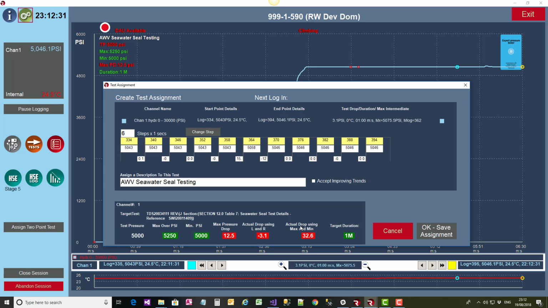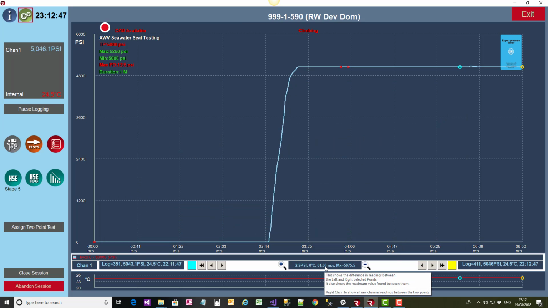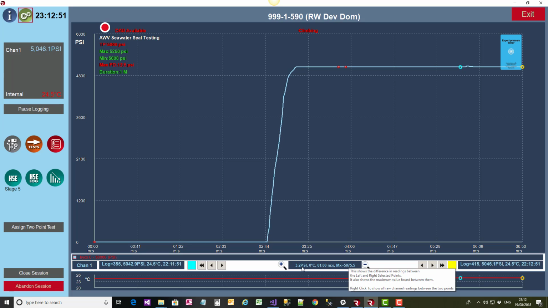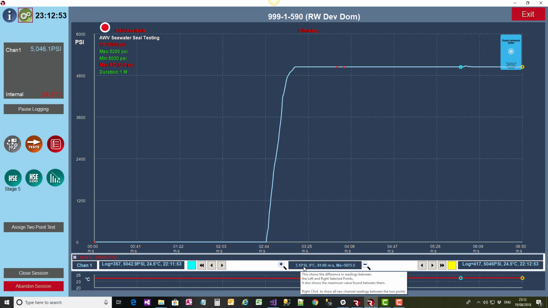So what we did is we've essentially added this extra label to make the reason for the actual drop using left and right value being red, failing, a bit clearer to understand. Now if we close down this form, if we just click cancel here, what we've also got is a new right click functionality on this middle clicker. So you can see we've got 3.2 psi there, that's been calculated from the difference between the left and right